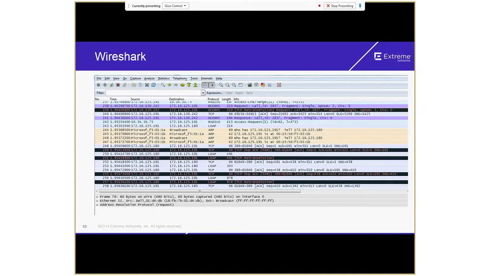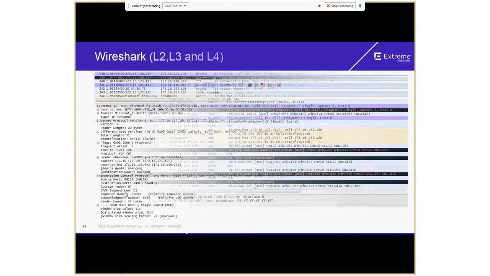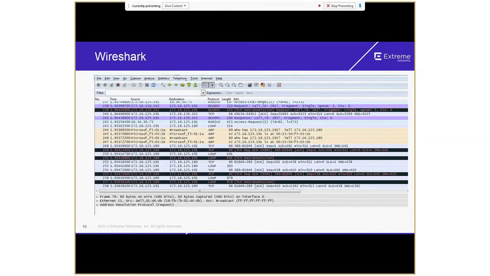I'll show the bottom part as well. If you see the bottom part, it lists information such as frame, Ethernet, Address Resolution Protocol. That is giving you information about each packet that you captured on top.